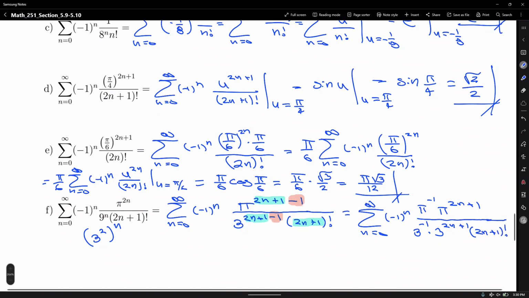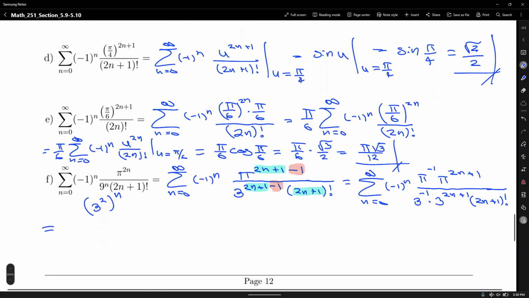What's next? This pi to the negative 1, I'm going to send it to the denominator with positive exponent. This 3 to the negative 1 in the denominator, I'm going to move it to the numerator with positive exponent. But because those do not have any n's at all, I'm going to take that outside of the sigma series as a coefficient. So this will be equal to 3 over pi, sigma n equals 0 to infinity of negative 1 to the n pi to the 2n plus 1 divided by